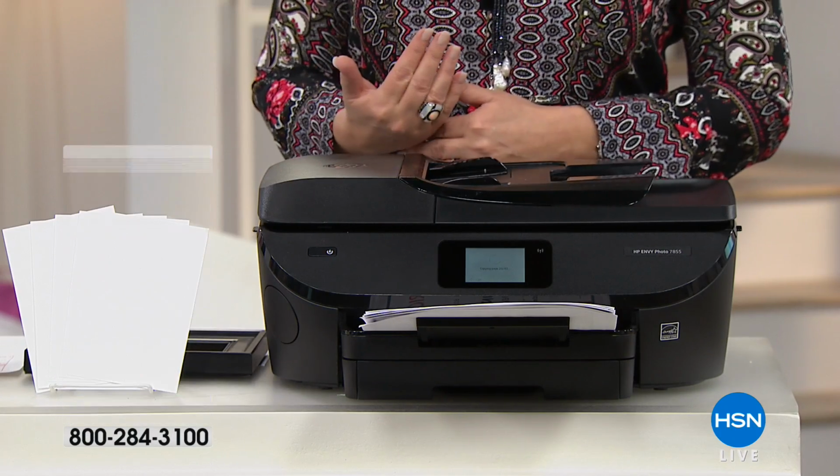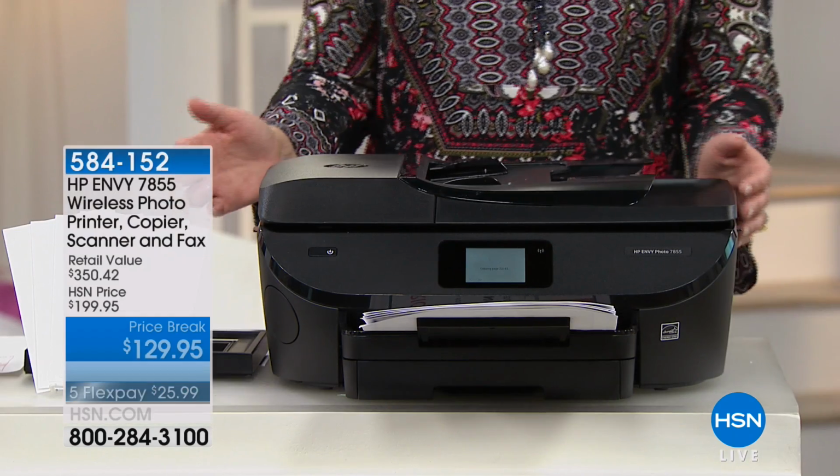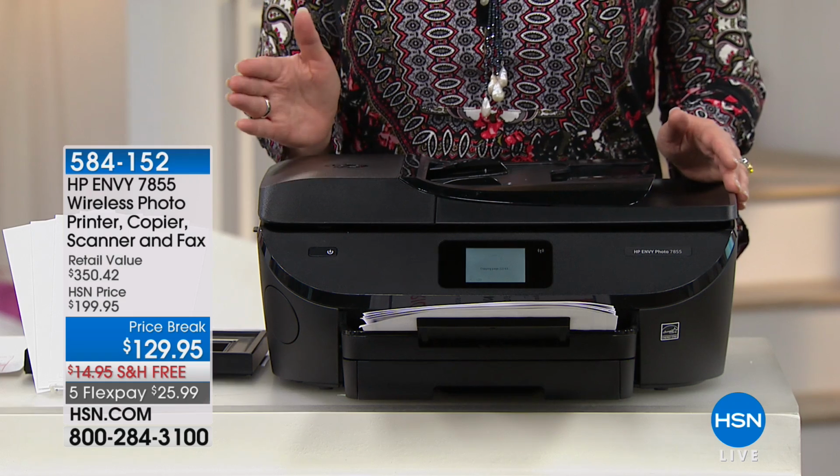In fact, I'm going to break it down for you, because you get a lot of goodies with this. Just the printer by itself, the HP Envy, this is the 7855, is $199, right? Then you are getting software included. The software is valued higher than what you're investing in your printer today, so that's $140 in software that we're including. Then you get your Good Vibes digital coloring book included. You also get a month's worth of ink included. That's Instant Ink, we'll tell you more about it. So it's a $350 package, and you are getting this home tonight for your first flex payment, free shipping and handling,